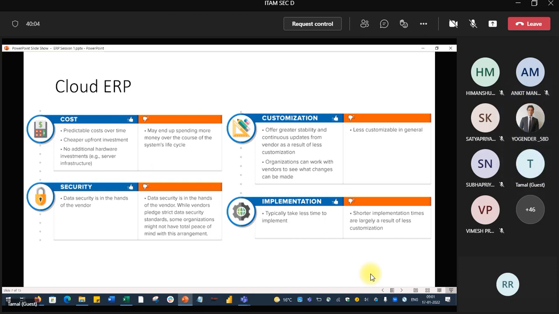Right, so there are many requirements for customizations. One customization you cannot live without: you have to do some customization for tax rates. Tax differs across the world. You will have different types of taxes. In India, previously it was VAT, now it is GST.